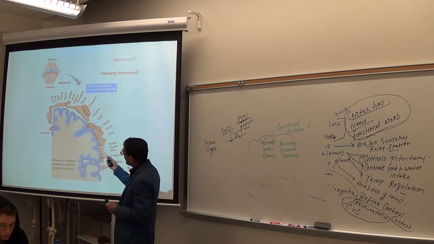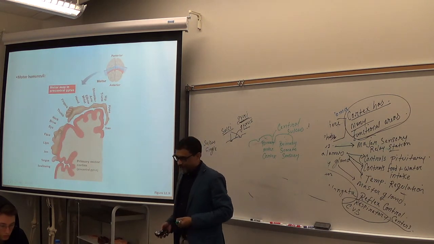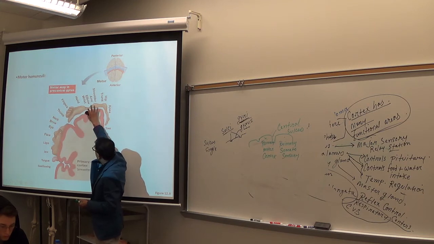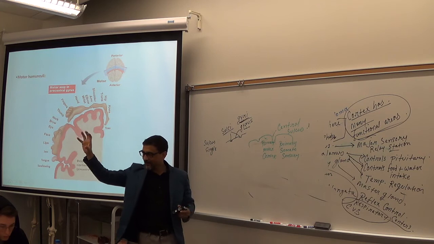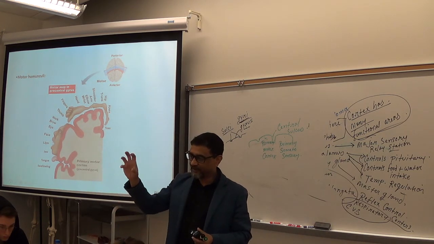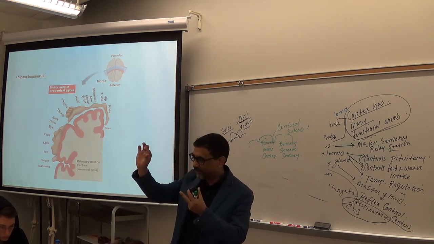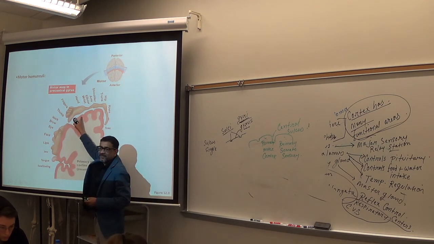So that is the sensory homunculus. The motor homunculus, you see, again, hand area is much bigger than the trunk and leg because we move the hand fingers a lot, right? So same reason we move. This is due to movement. That is, somatosensory is due to touch. Now this is motor cortex.